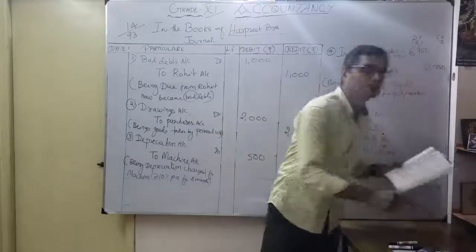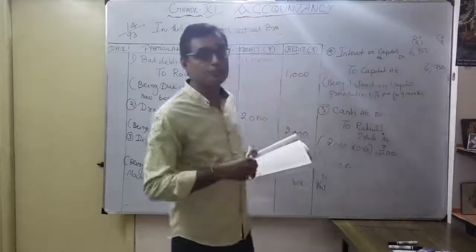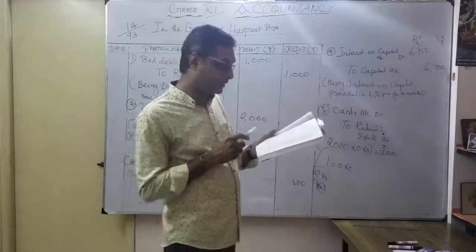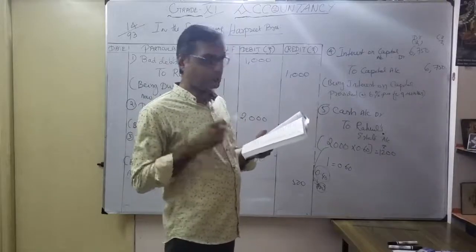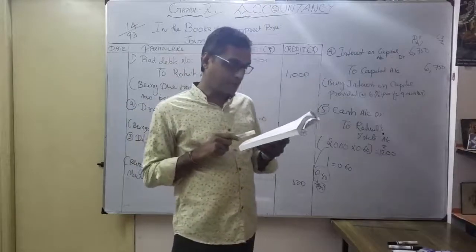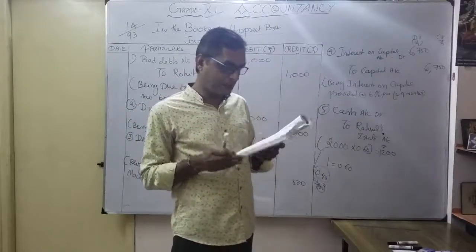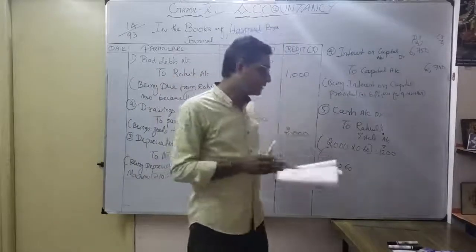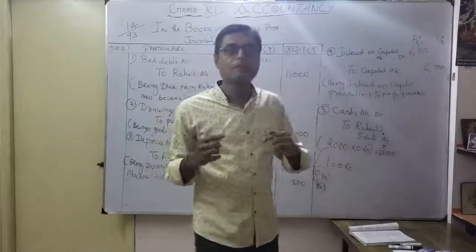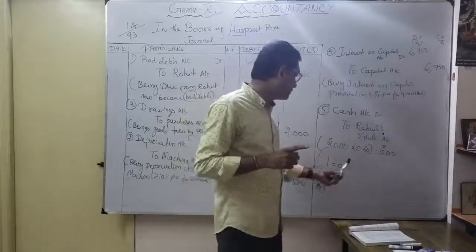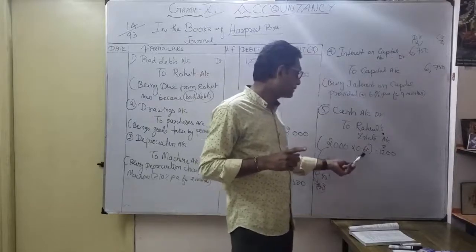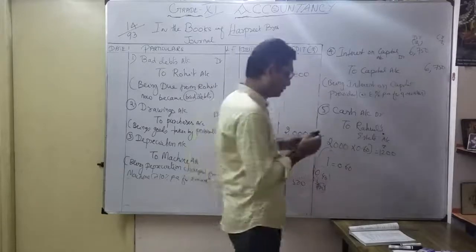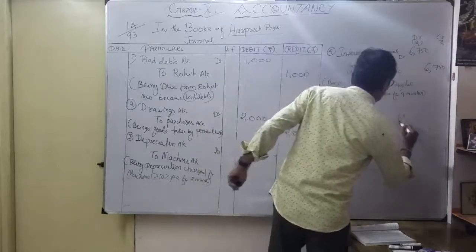I repeat the transaction once again. When you are watching this video, it is better to have the NCERT book so that, with the help of the transaction, you can understand. See the transaction. Rahul became insolvent. We are owed 2,000, and as a final dividend 60 paise in the rupee is received from his estate. So for every 1 rupee, he has to pay only 60 paise. 2,000 into 60 paise, he pays only 1,200. You are losing 800 rupees.